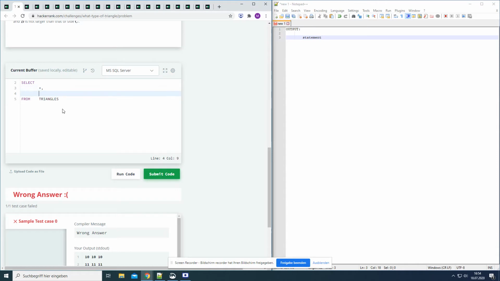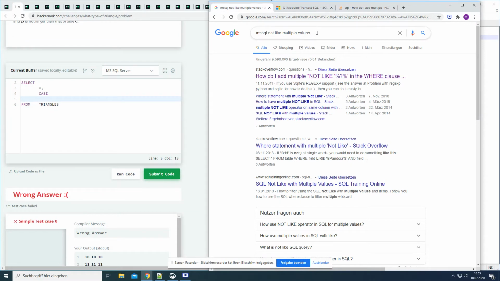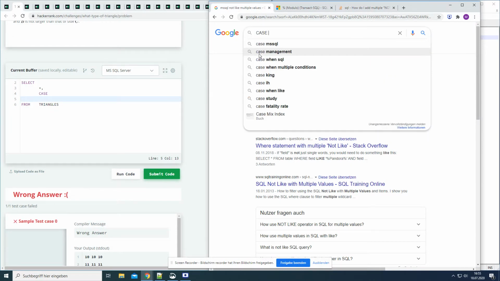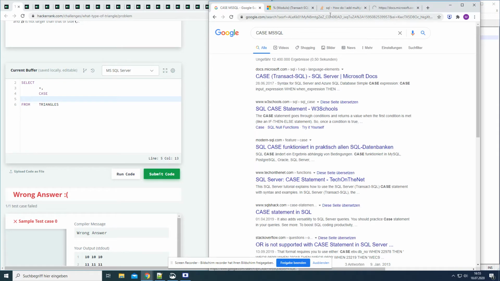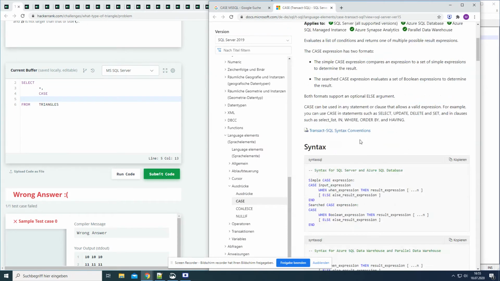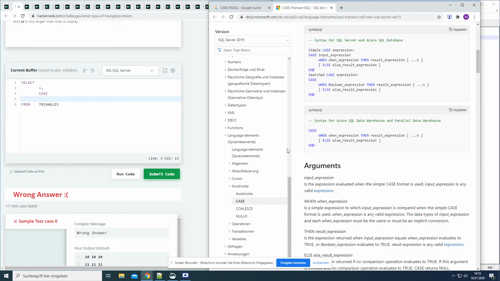Then let's make a statement here. Case. Where do you do the case statement again? Let's look it up. Case statement, case SQL, case MS SQL. Exactly. Case statement. So case when